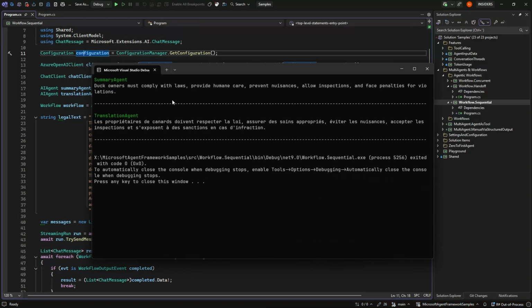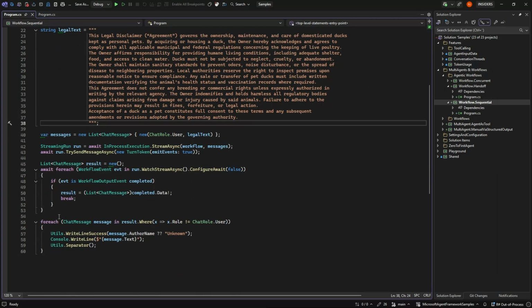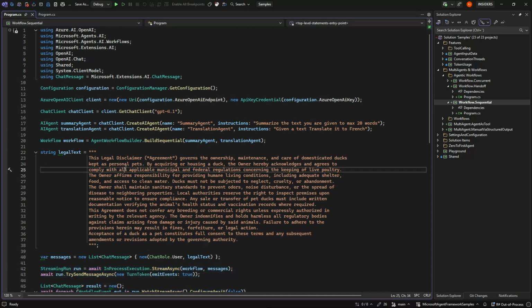and it will simply take the text and do a summarization of it. The output of that will be the input to the second agent, which will take that text and turn it into French. So you can argue this is a super way of not needing to put in structured output and so on. But again, I could also just have added the agent, taken the response, and given it to the next agent. So I don't know if this extra step is worth it when it just comes to sequential.